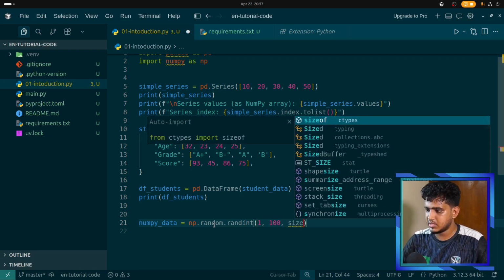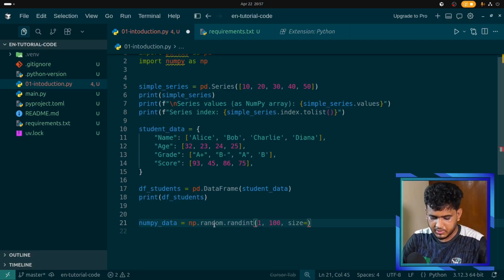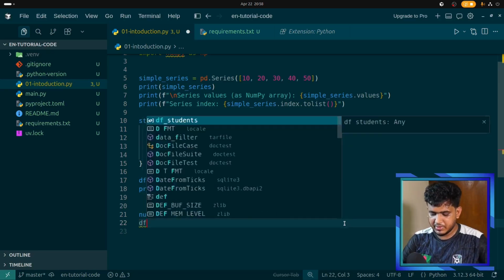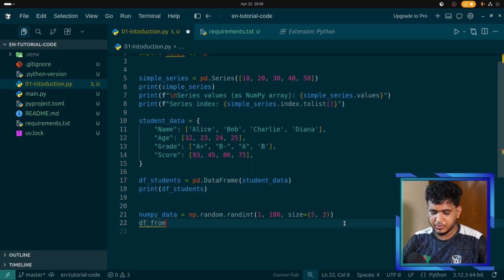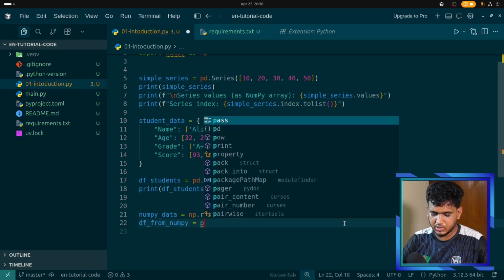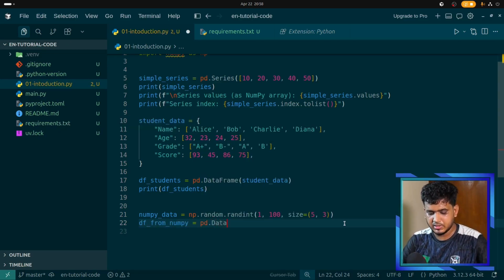Size is equal to 5,3. df_from_numpy is equal to pd.DataFrame, and